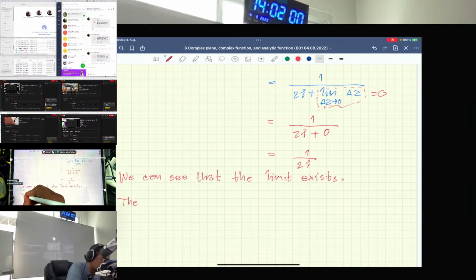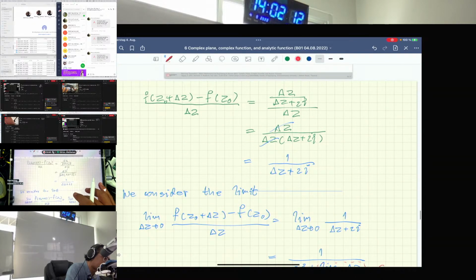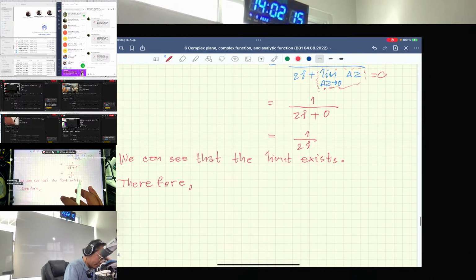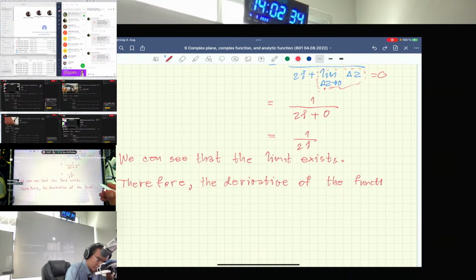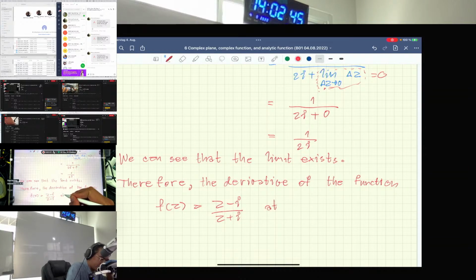Therefore, the derivative of the function f of z equal to z minus I divided by z plus I at the point z equal to I is